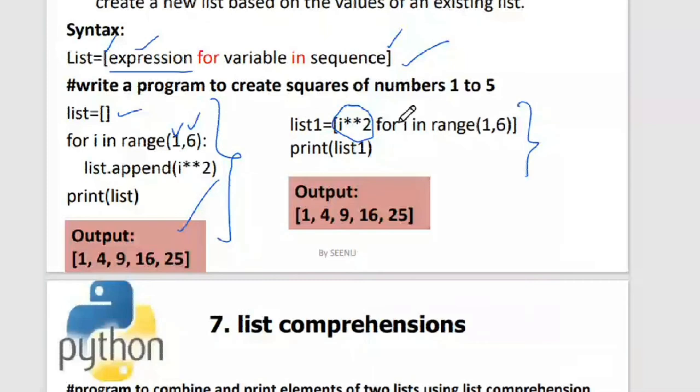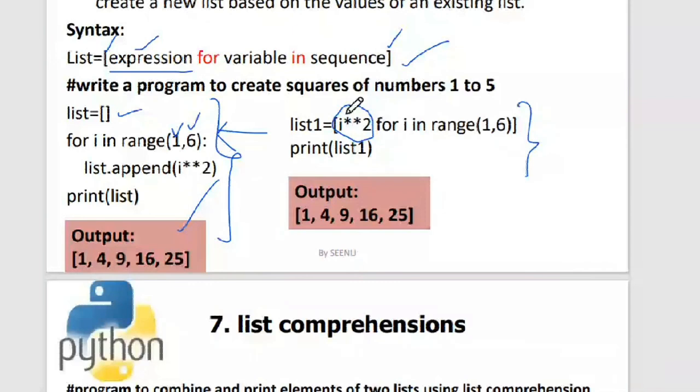So this will work in a similar way to how this program is working. With shorter syntax, I'm able to achieve this particular operation by using list comprehensions. So I just said list1 is equal to i exponent 2 for i in range(1, 6). That's it.